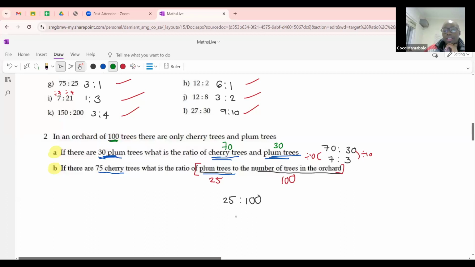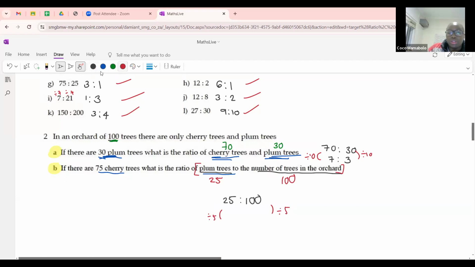I would have to divide both sides. Correct, Zach. Yes, your answer is correct. Okay, so the answer is actually 1 is to 4. But what we've done here is we've divided by 25 on each side. Divide by 25, divide by 25. Now, it wouldn't be a problem even if you decided to divide by 5. So if we decided to do this, instead of dividing by 25, if we divide by 5,